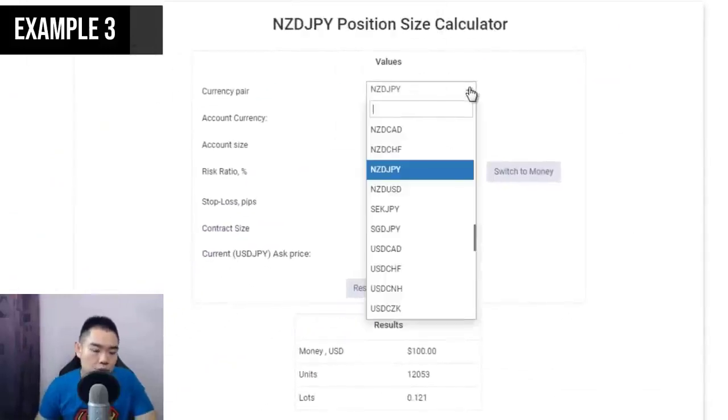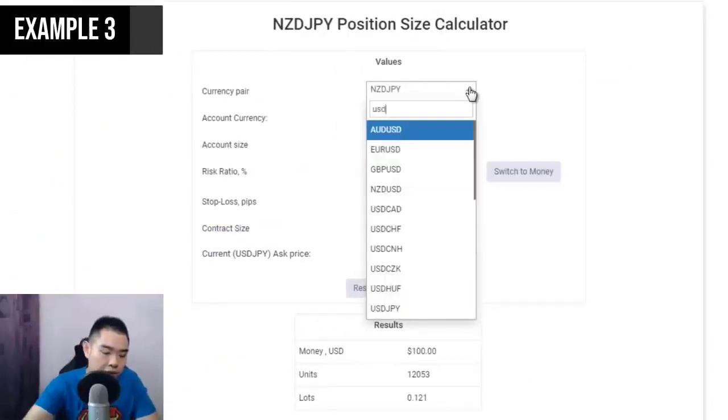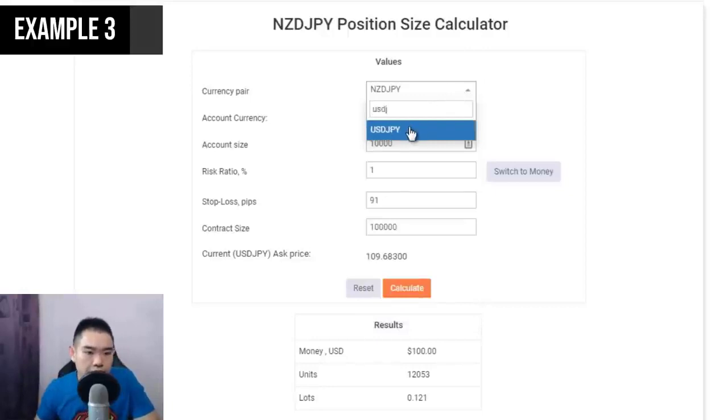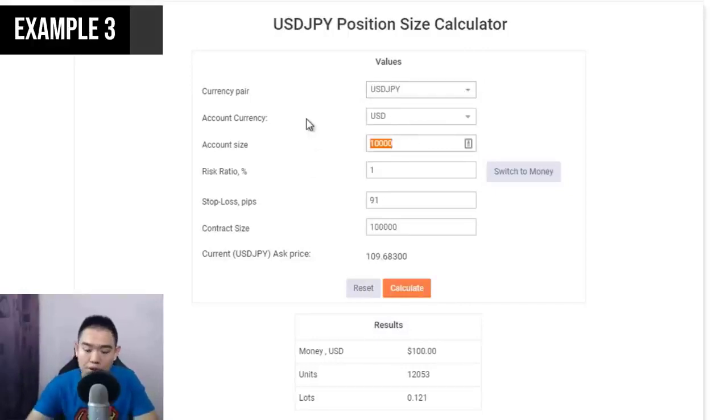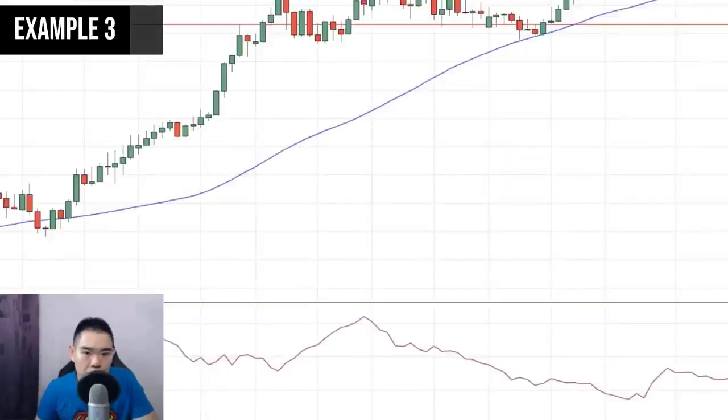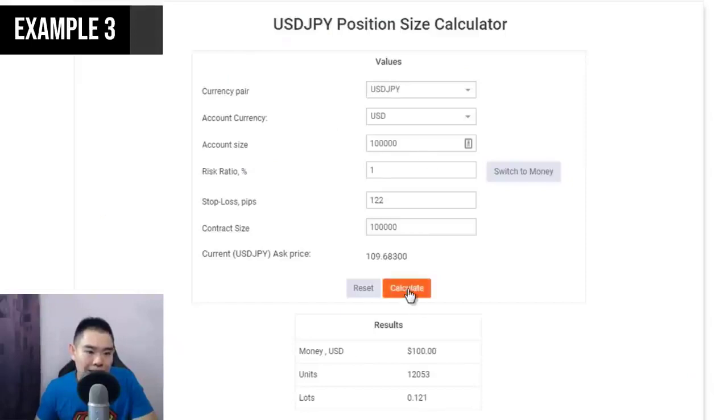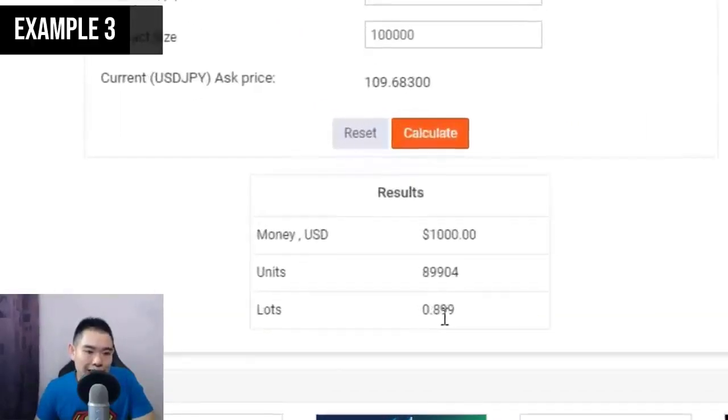To do that, just look for dollar yen. This is the currency pair you're trading. Let's say your account currency is funded in US dollar as well. Account size, let's say now you're a baller, your account size is $100,000. And let's say you are still that same prudent trader. You still risk 1% on that trade. Well done. Stop loss is 122 pips, as we have mentioned earlier. Then you just click calculate, and it tells you that you can buy now 0.899 standard